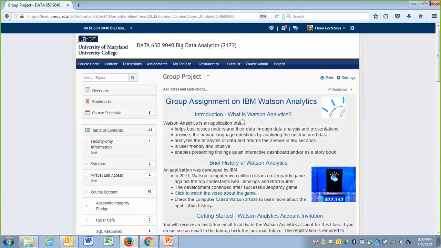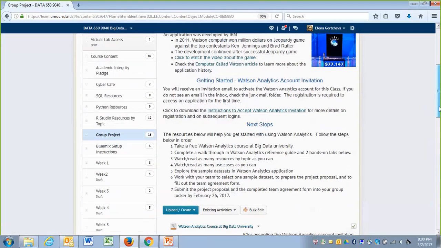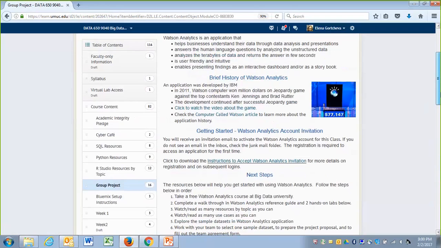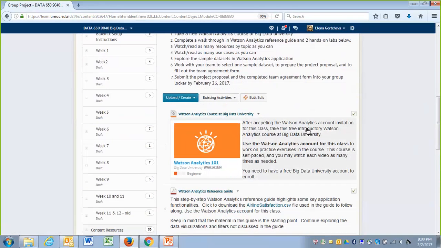When you go in Watson Analytics itself, there are many data sets, and I would suggest the following way will work. First, you get your account login information from Elena, accept the invite. Then with this account, finish the Watson Analytics course at Data University.